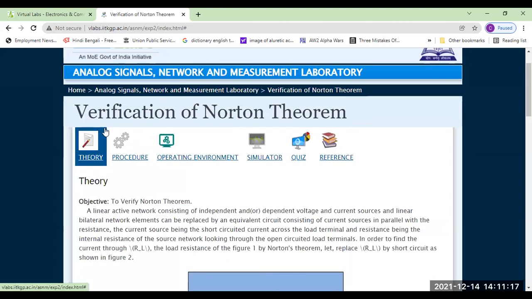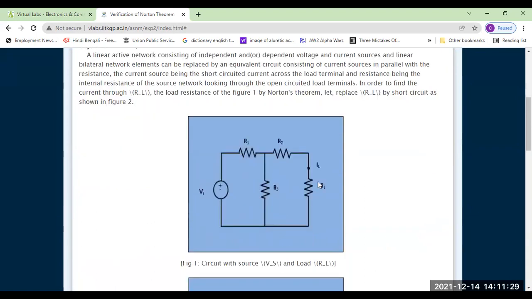Okay, guys, today our topic is verification of Norton theorem. In previous classes, you have seen what the Norton theorem is. Once again, just remember the circuit. If there is any circuit and some conditions are there, like bilateral and linear, and if the circuit maintains these qualities, then we can replace the whole circuit with a current source and, in parallel, an equivalent resistance, removing the RL load.